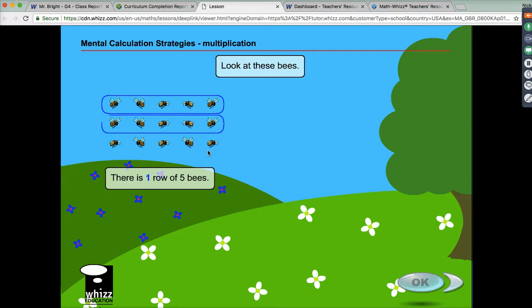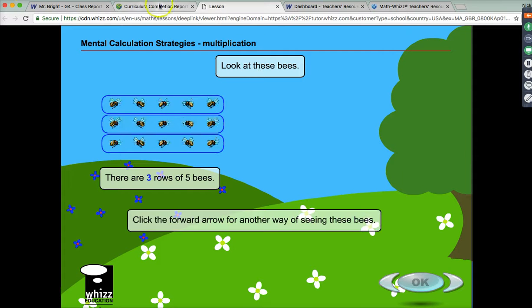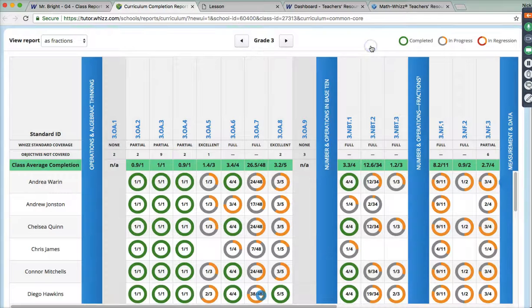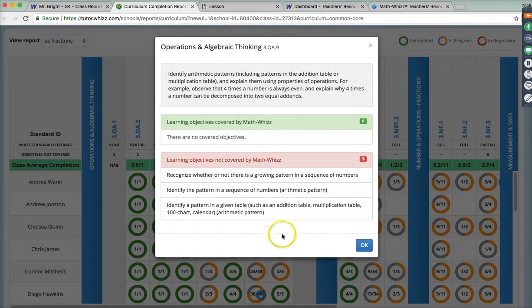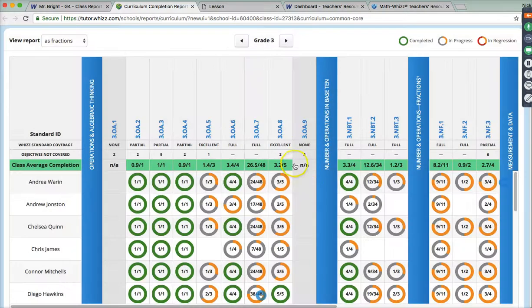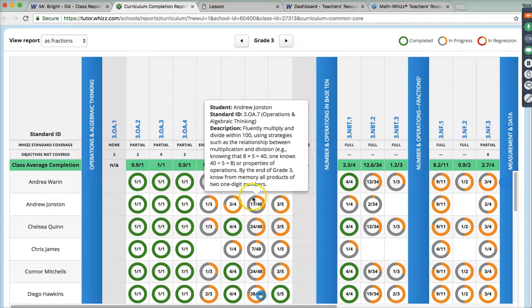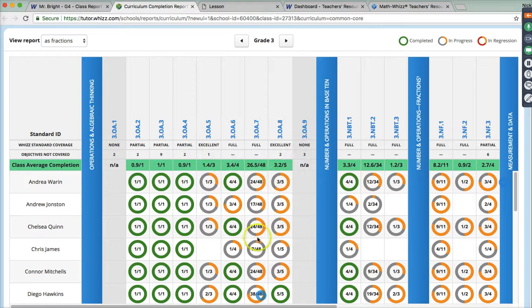Yes, that table. And if there isn't a circle, then they either haven't started or the lesson doesn't exist? If there's no circle, if it's grayed out like this, that means there are 3 standards here, but we don't cover any of them. And if it's full coverage and they have a circle there, it means that they have been assessed and are currently working.